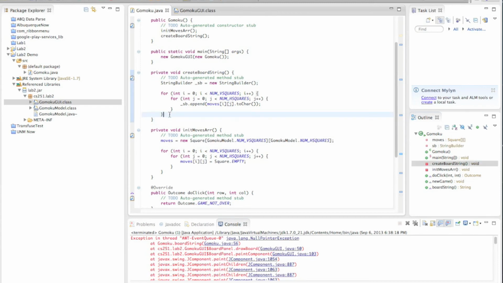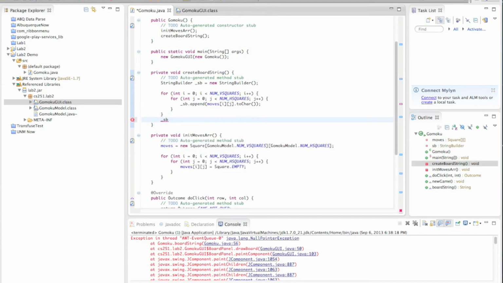I forgot to set underscore SB. Oops. Forgot to set that. Because we were using the string builder there, and then it was just going no place, because this string would be built, and then it would just go. Alright, so now,